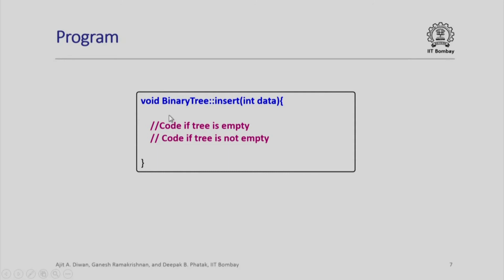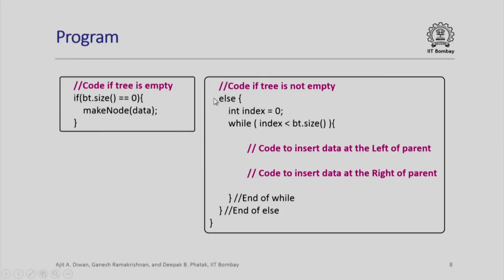Next, let us consider the binary tree insert function. Now, there are two things. One, when the tree is empty, we will have to write some code, and two, when the tree is not empty and we are inserting a node, then we will have to write the code which will require us to find out whether it has to be inserted to the left or right, or whether we have to traverse the tree to find a place for insertion, etc. Let us look at the program in some detail. Now, let us look at the code we need to write if the tree is not empty. If the tree is not empty, then we come to the else part. Please note that if the size was 0, we would have created a node.